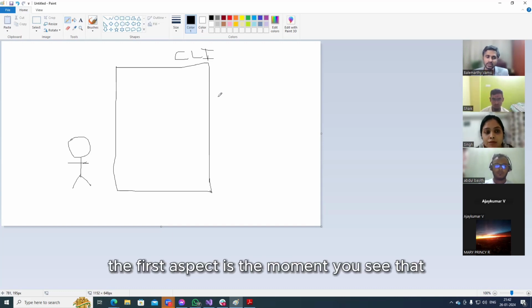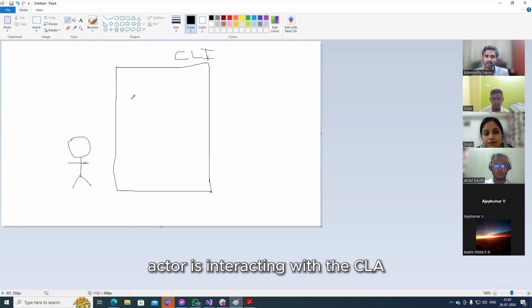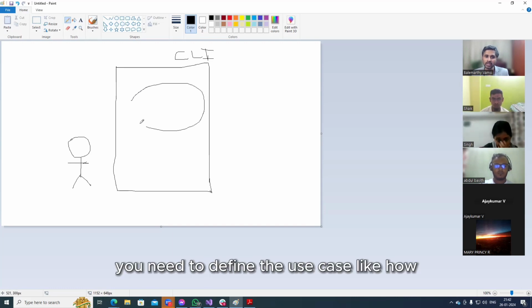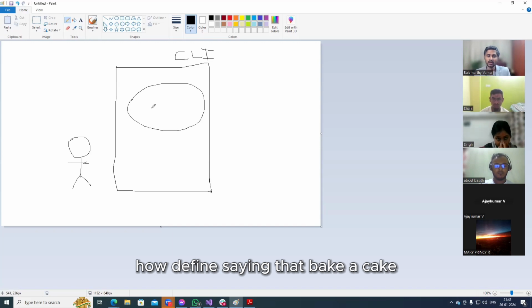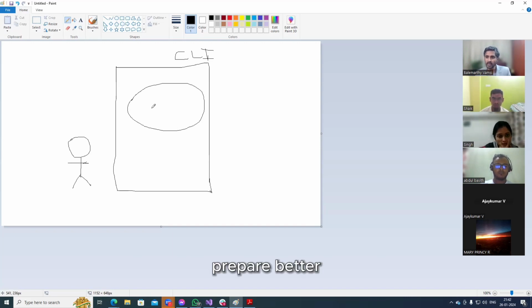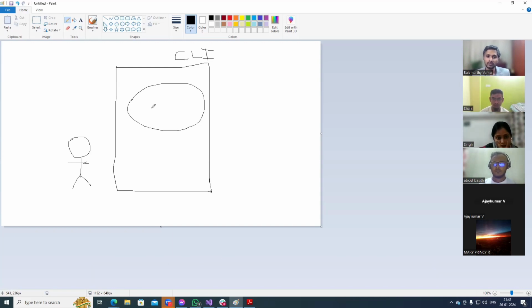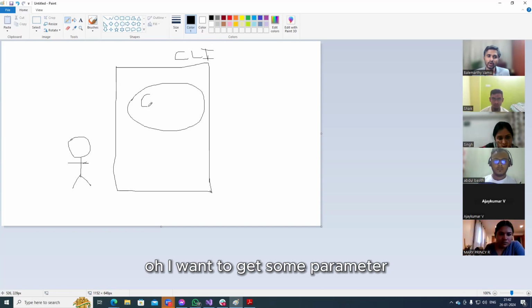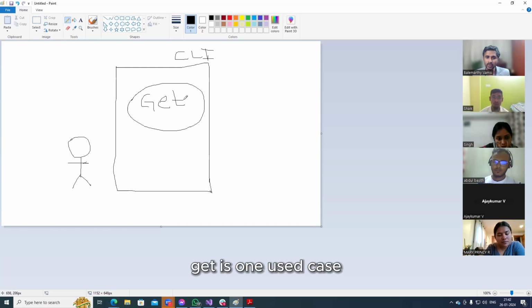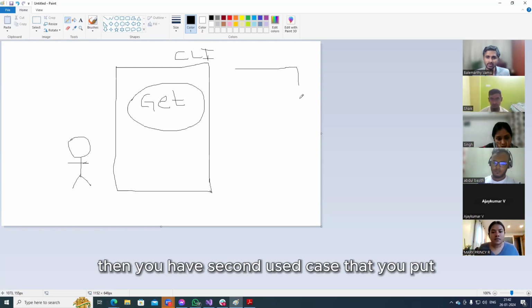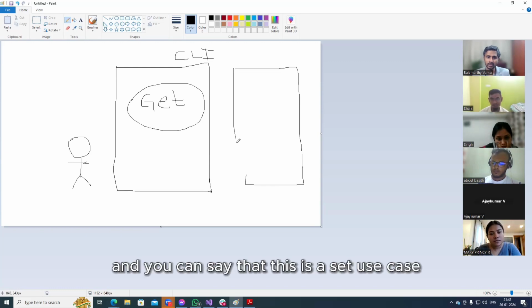Here, the first aspect is the moment you say that the actor is interacting with the CLI and this is the use case, you need to define the use case, like how I have defined bake a cake, prepare batter. And this is where these commands should come, like, I want to get some parameter. Get is one use case. Then you have a second use case, which you can say is a set use case.